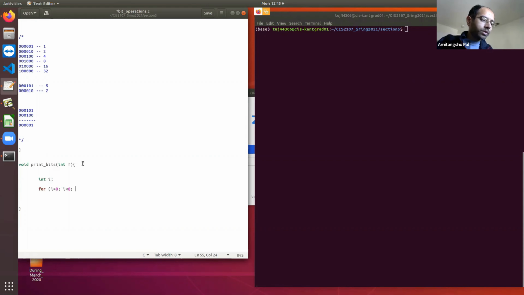As I said, I'm going to concentrate on the last 8 bits only. So I'm varying i from 0 to 8. If bitwise AND with 128 is true, print character 1, else print character 0.